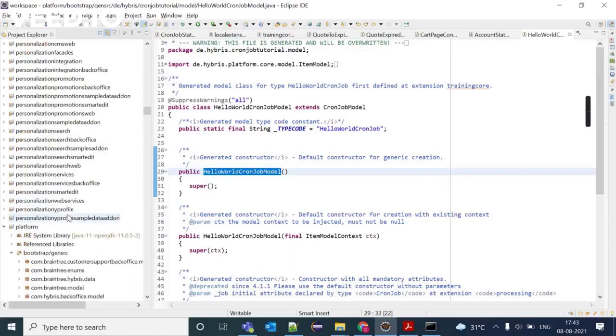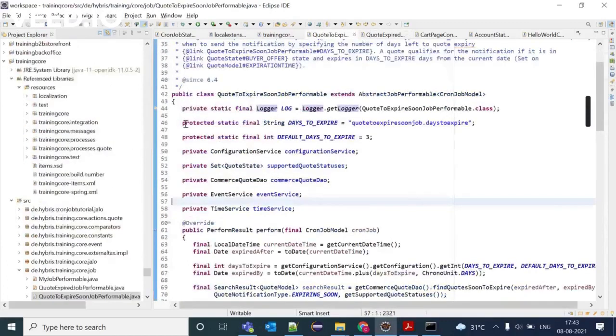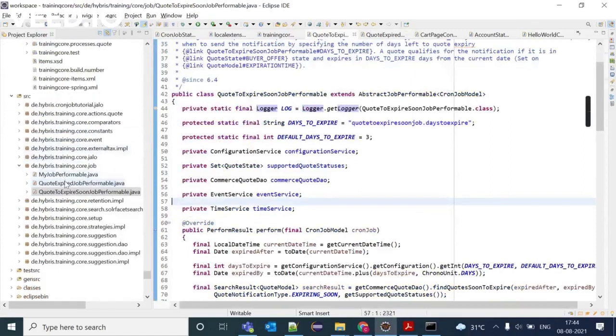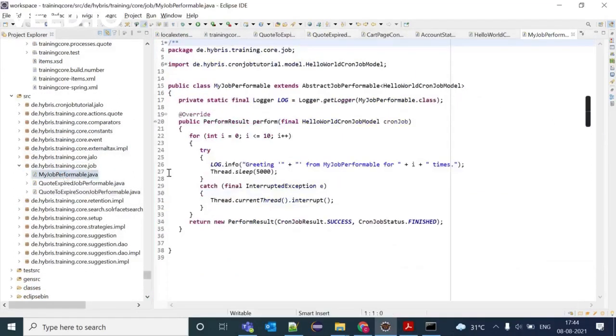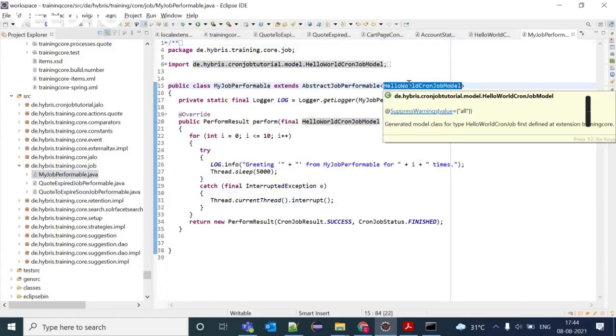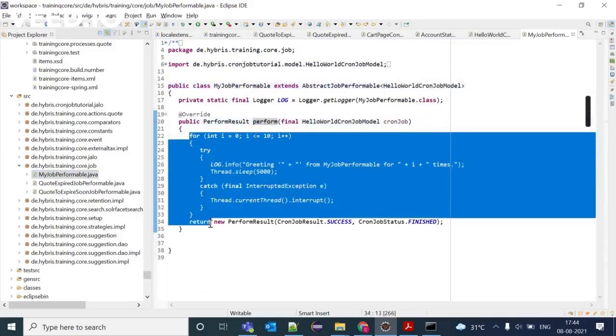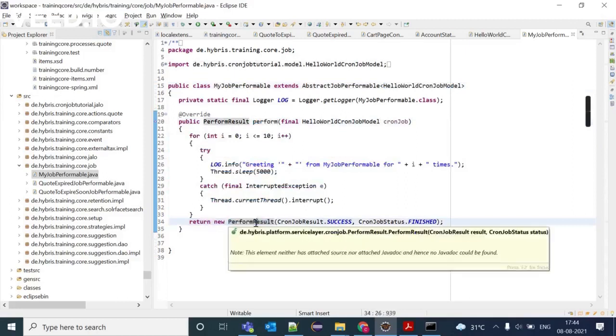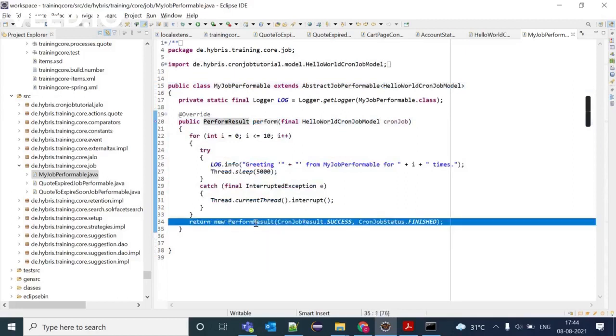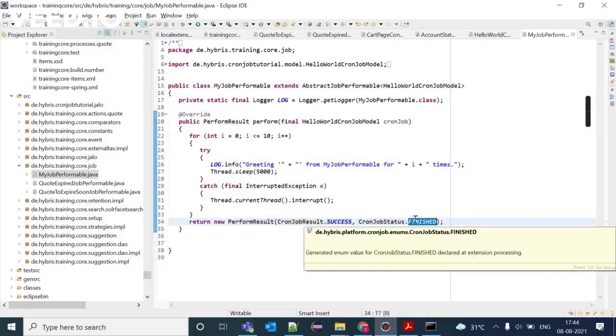Inside the training core extension, inside the src folder, I have created my JobPerformable.java class. This is the cron job model which we created in items.xml. This is the perform method, and inside that I have written the logic. This is the object we get after the successful running of a cron job. So the result will be success and the cron job status will be finished.